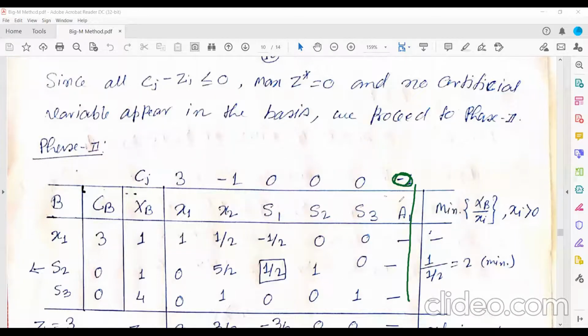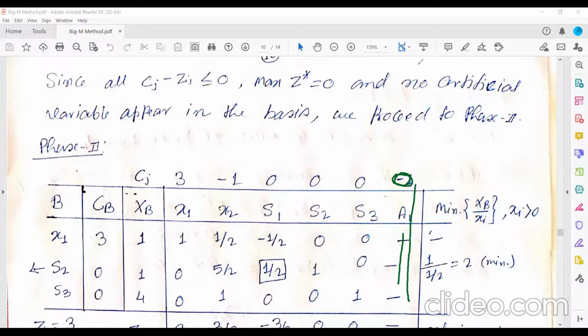But in the second case, where max Z star equals 0 and at least one artificial variable is in the basic variable, the coefficient of this should be 0 here.